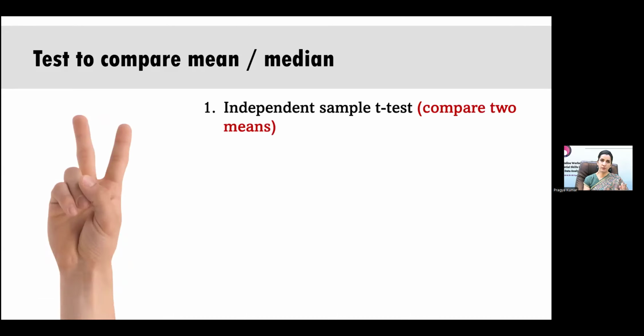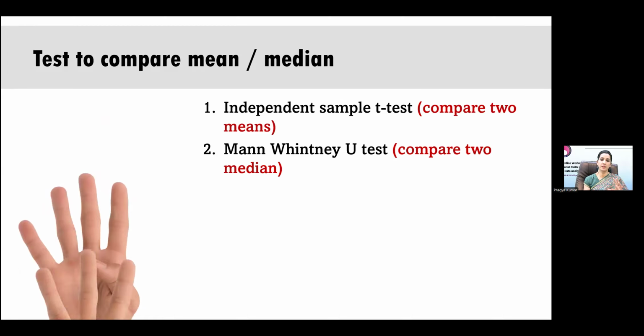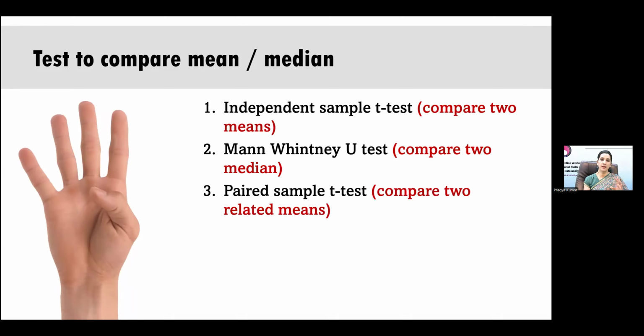In this group, we have the independent sample t-test where we compare two means. We have its non-parametric counterpart, which is the Mann-Whitney test, where we compare the median. And then we have the paired sample t-test where we compare two related means or paired data, like